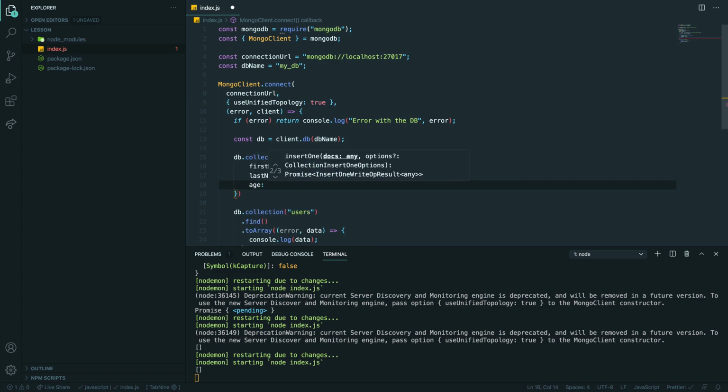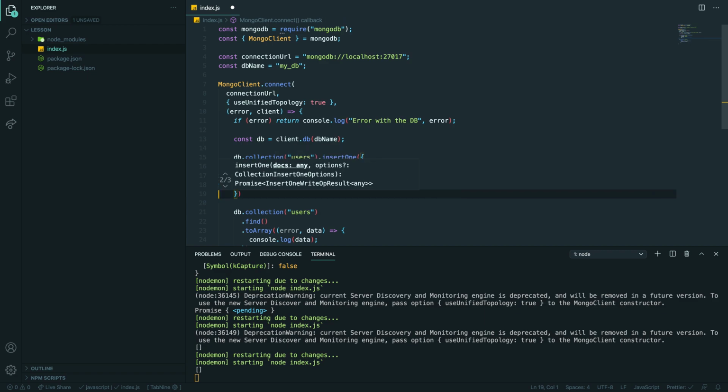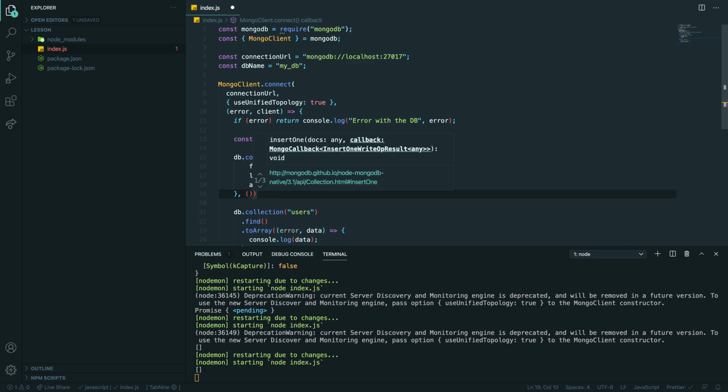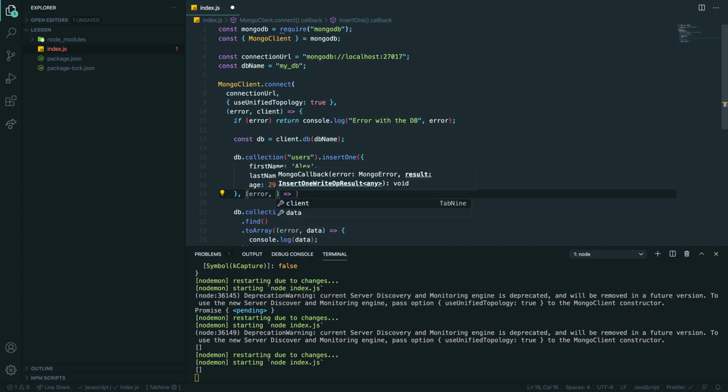Age 29, let's say, and I think that we pass in this one as a callback, because do we want to handle callback? Yeah, let's do this. This is just their syntax. Because this is asynchronous, we want to have a callback to see the response. And here we have, as usual, error, and we have result,